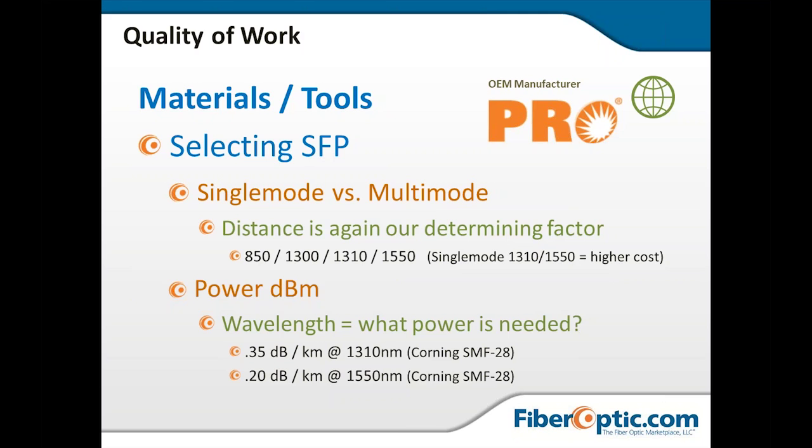So if we only have 5 dBm of power, we've got 3 dB of loss from our connectors and splices, then we add another 3.5. We're over our loss budget for that link. So we could then look at that and say, okay, well, we've got now 10 kilometers at 2 dB per kilometer. If we use 1550, well, then we've got 2 dB and then the 3 dB, which is the 5 dB,